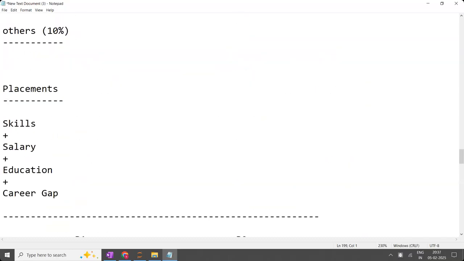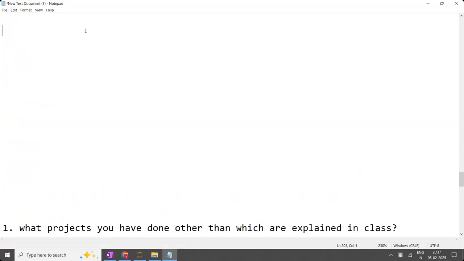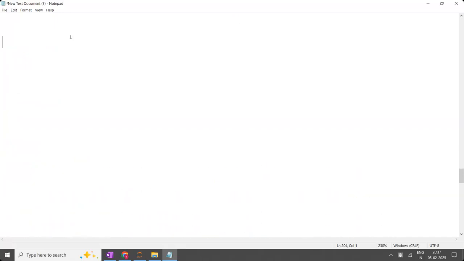Is that clear, guys? Everyone? Now coming to how the placement will be done within Naresh IT. As I have told you, once we have completed the course, first you are going to build the resume. In the resume, what are the things you are going to highlight? What skills you have, what projects you have done, that too data analysis only. I'm not discussing your academic projects or internship projects, only data analyst projects.